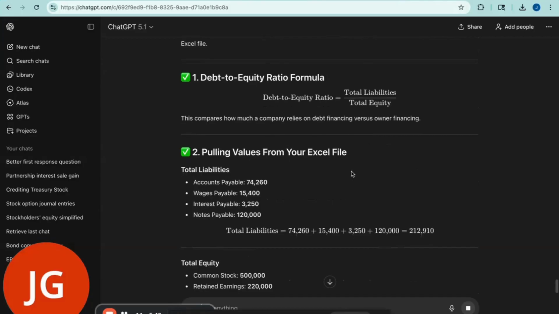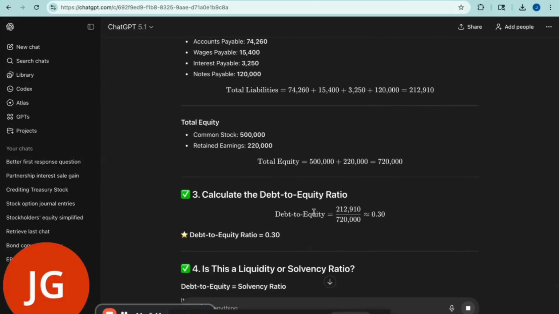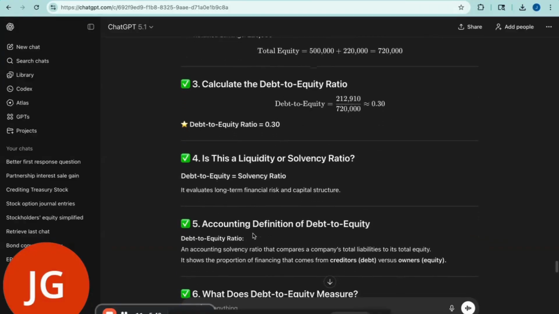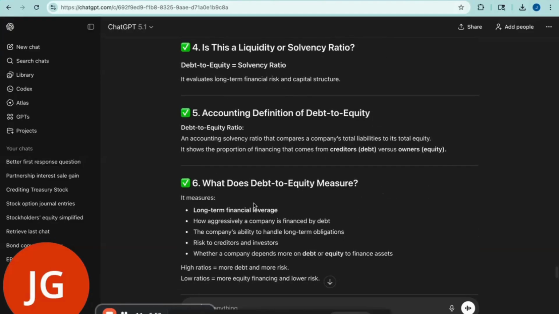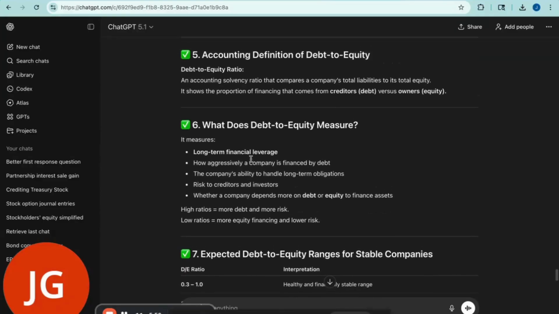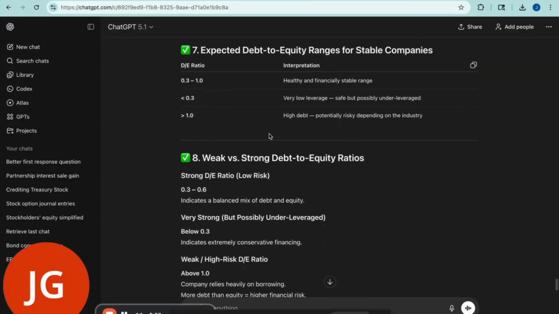We get the formula, get our numbers straight from our Excel sheet. We come up with a debt to equity ratio of 0.3. And with this prompt, we're able to know that it's a solvency ratio. What does the debt to equity ratio measure? The long-term financial leverage. And we have some ranges of the debt to equity ratio indicating that we are